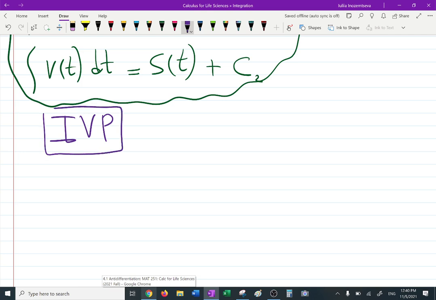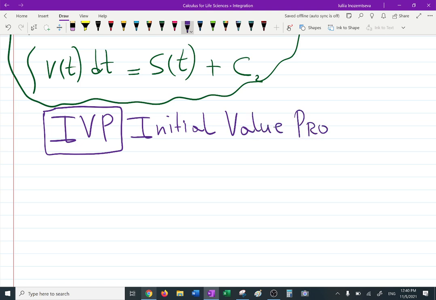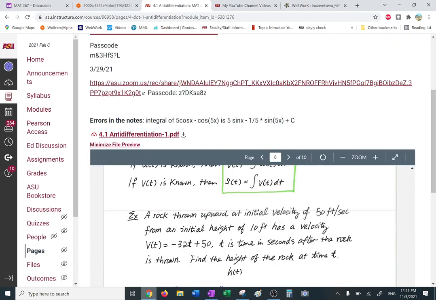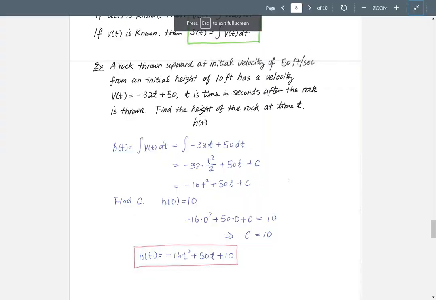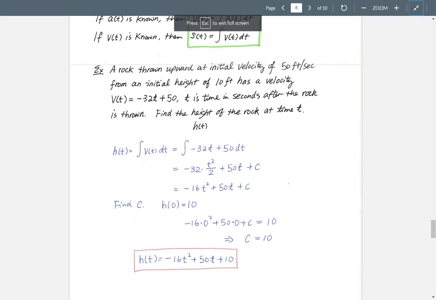Probably not, because it usually comes in this chapter, called initial value problems. That means some initial value is given. I think I mentioned it when we did some related rates. For example, 3 bacteria in the petri dish are given, only 2 rabbits, and then it blows up in 75, and so on. So the initial value usually is not 0, and that's why there is a nice problem here, which starts with the